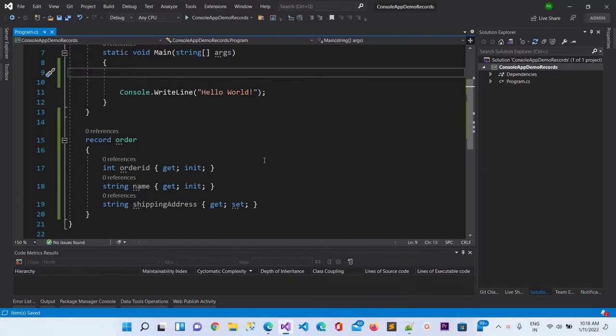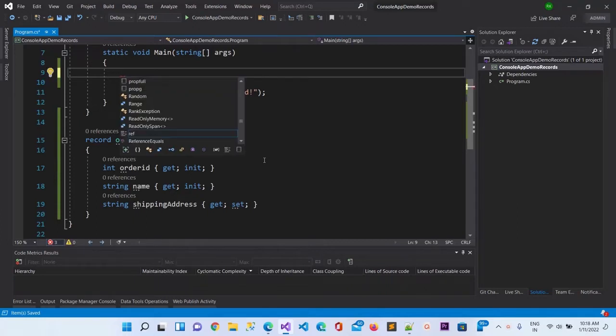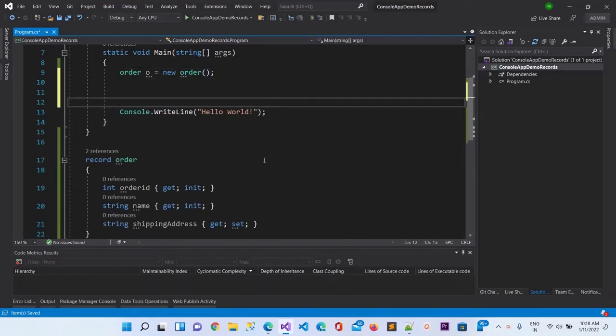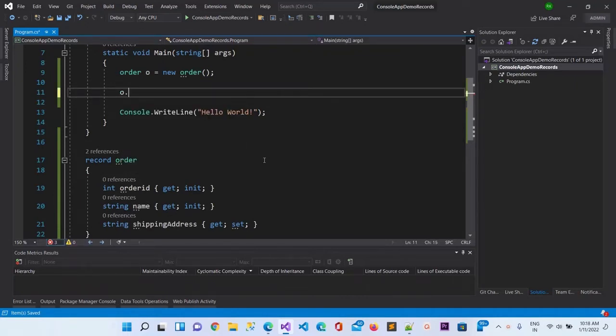To do that, let me just create a new object. Here I am able to create an object of order, or we can say an object of a record, and here I am going to use o dot order id maybe to assign a value to it.